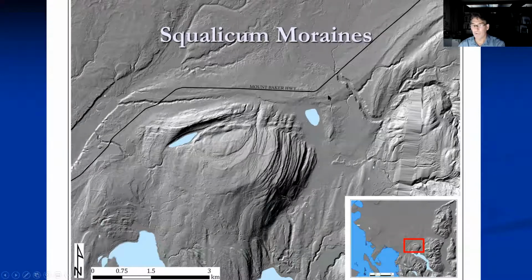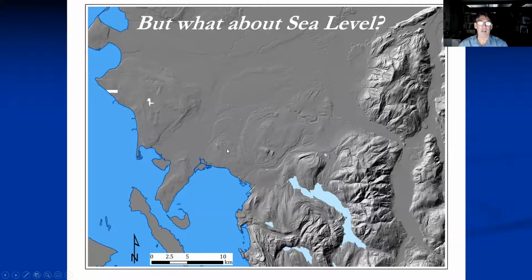Those are both older than was originally proposed by Easterbrook, or even by Clague for that matter, but they're more in line with what Clague had interpreted. So in a nutshell, we've got some age constraints on when the glacier was at its maximum, and it had a series of advances before 14,000 years ago, somewhere between 14 and 13,000 years ago, and then maybe something very late in the game. So like 3 main phases.